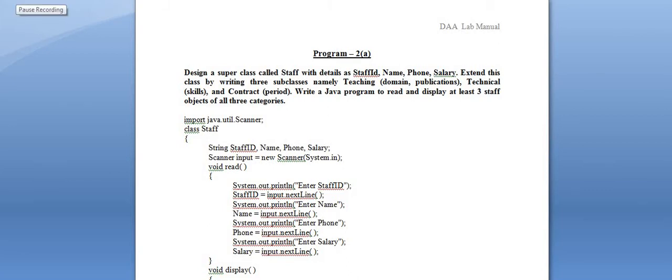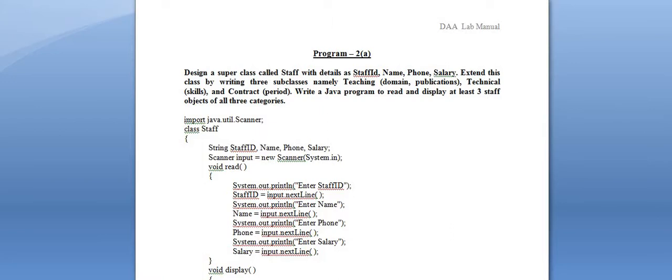Dear students, next I am going to explain the lab program based on the concept of inheritance. This lab program is mainly based on hierarchical inheritance. I already explained multi-level inheritance, multiple inheritance, single-level inheritance, hybrid inheritance and hierarchical inheritance in the last presentation, right? Hierarchical inheritance means one class is inherited by many subclasses.